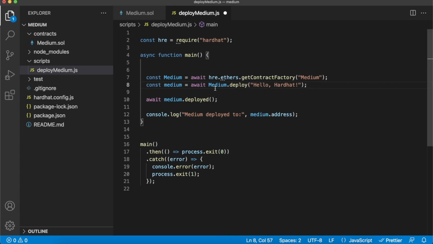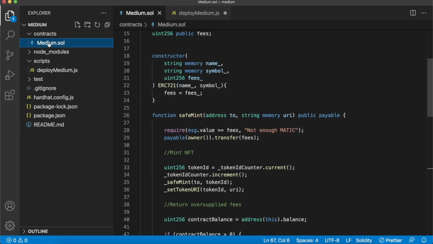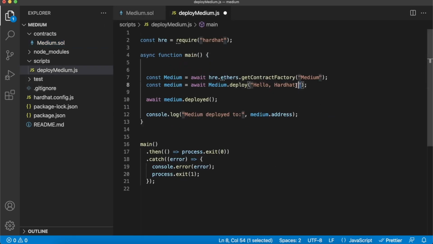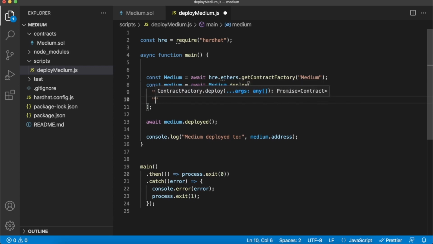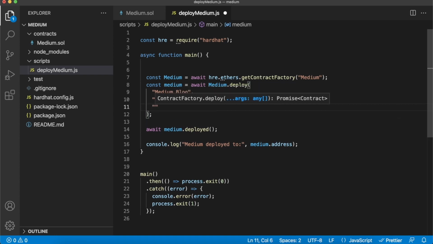Now, one last thing, for the deployment, it is going to require as parameters what the constructor takes as parameters. So our name, symbol, and the fees. So let's provide those over here. So first the name, Medium Blog, for example. Then the symbol, we can just say BLOG. And then for the fees, we'll make it so that it costs 1 Matic to post your blog onto our